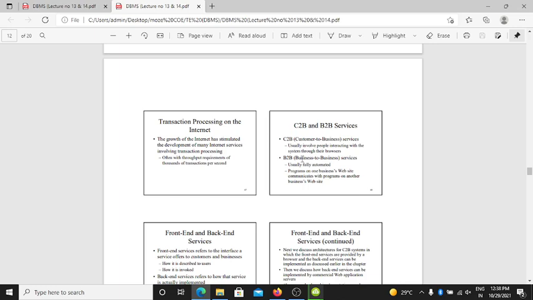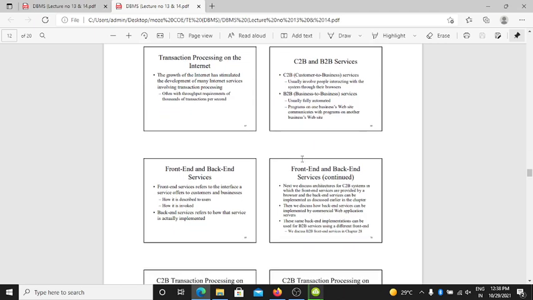C2B means customer-to-business services, usually involving people interacting with the system through their browsers. B2B means business-to-business services, usually fully automated services.